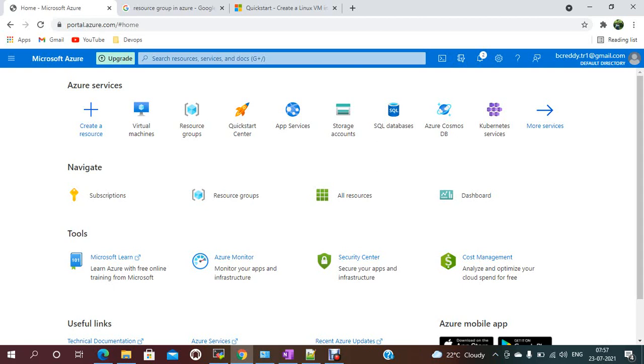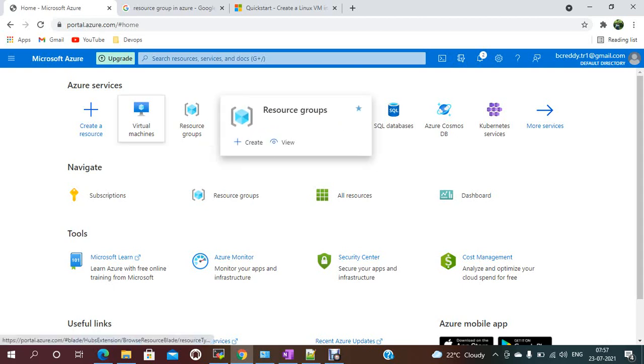So once you have created the account on Azure, we need to create a resource group. A resource group is nothing but a location where your VM, storage, network, everything should be stored. In AWS we call it regions and availability zones, right? Same here, resource groups.